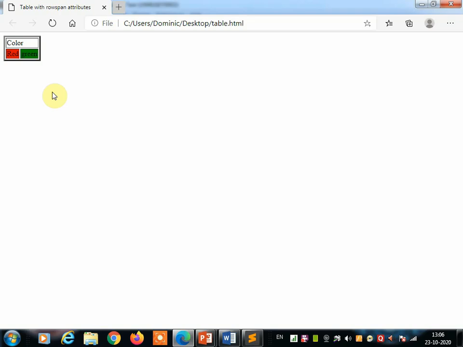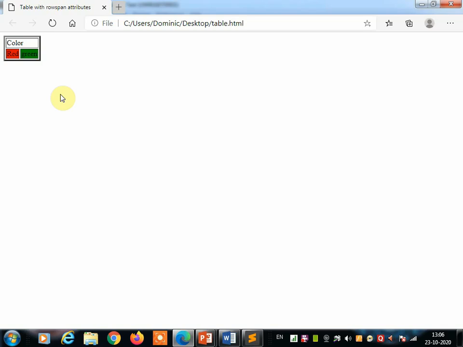Okay, now we are going to learn how to create a hyperlink in a web page. So what is a hyperlink in a web page? A hyperlink in a web page is used to connect one document with another document. In HTML, links are created by using the anchor tag, and when you open any website and click on a text or image, it takes you to that page, and it is known as a hyperlink.